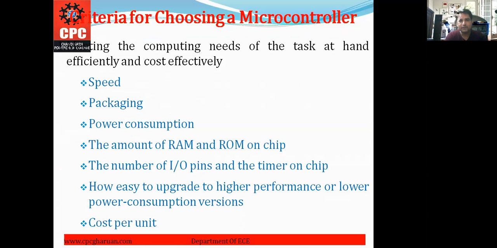Next is the criteria for choosing a microcontroller. What will be the criteria if we are going to select a microcontroller? Selecting the computing needs of the task at hand efficiently and cost effectively. We should have the knowledge about the speed of the microcontroller, because various speeds of microcontrollers are available in the market.